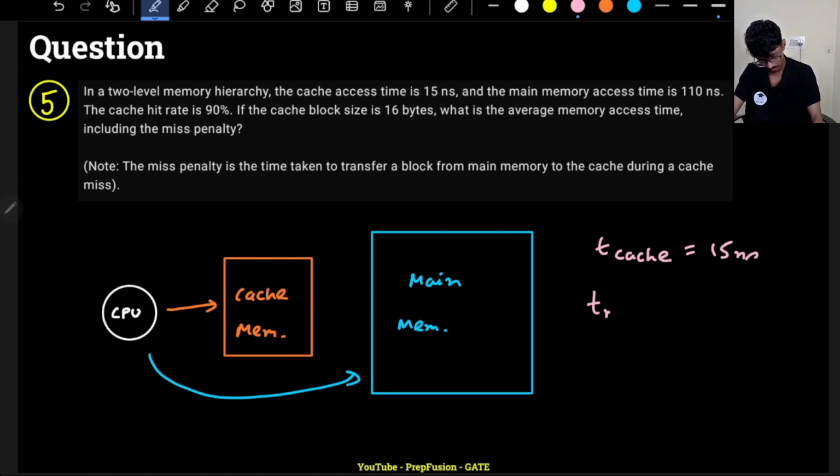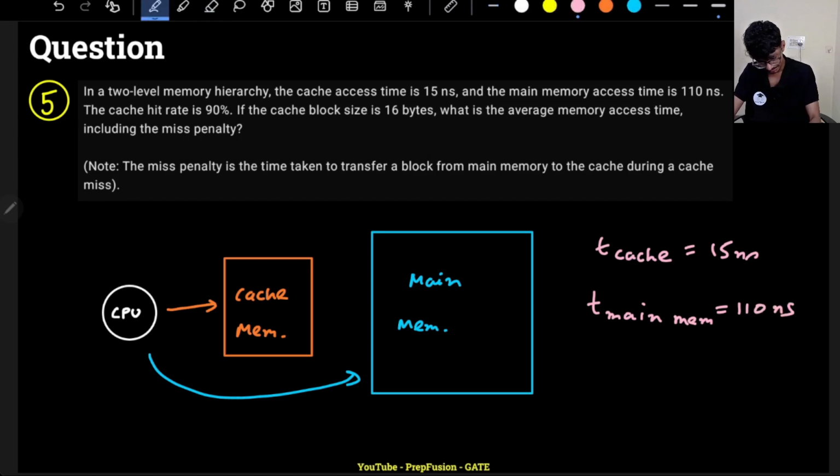My T main memory equals 110 nanoseconds,